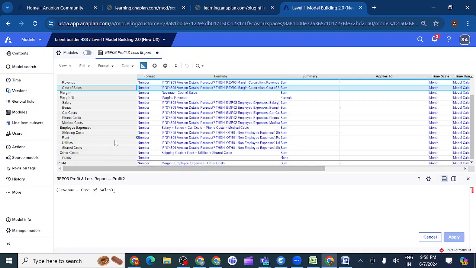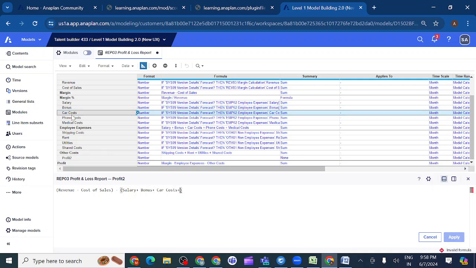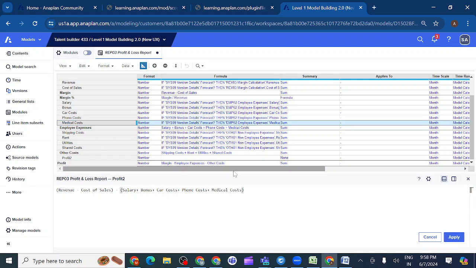For employee expenses, what are the things involved? Salary plus bonus. So I will add here profit minus, I will open a bracket and add salary, bonus, car cost, phone cost, medical cost. So this is employee expenses.